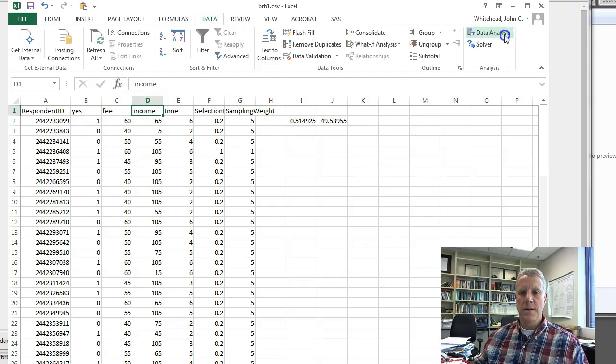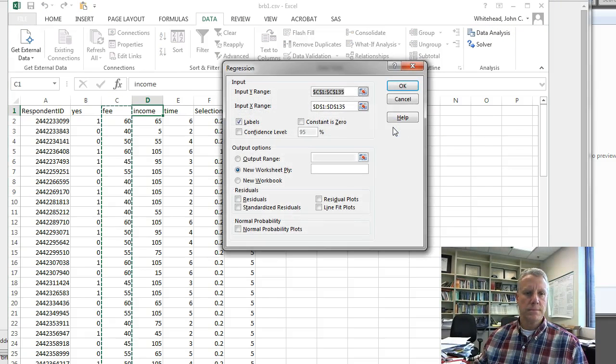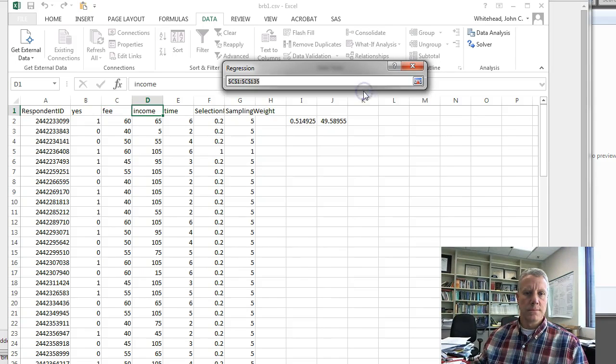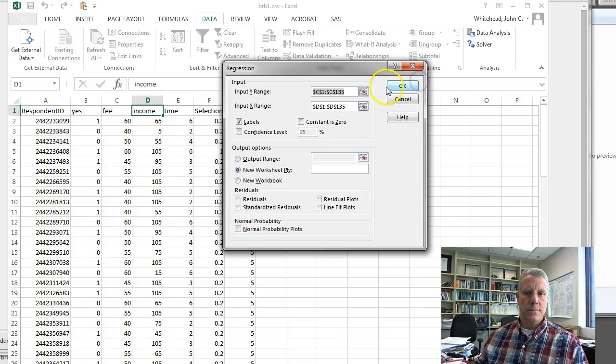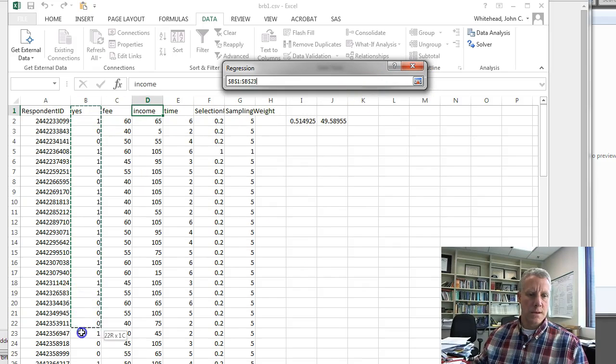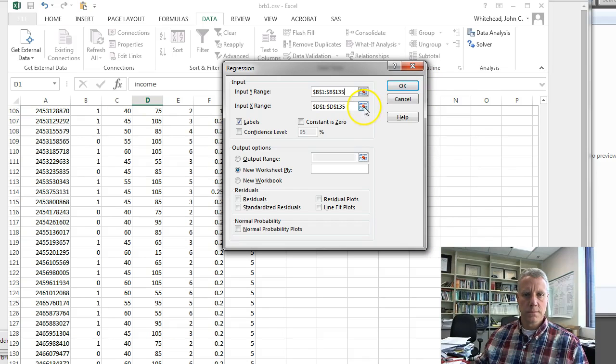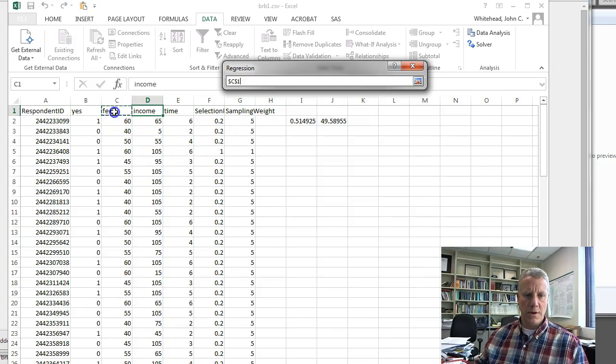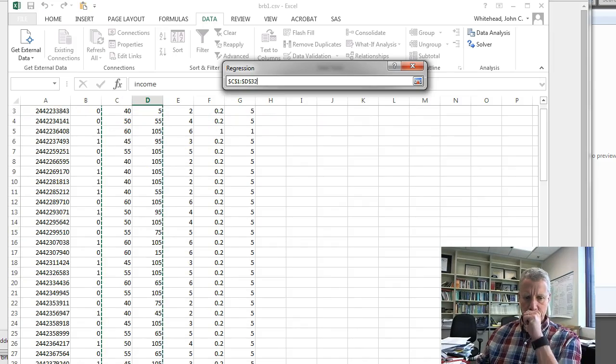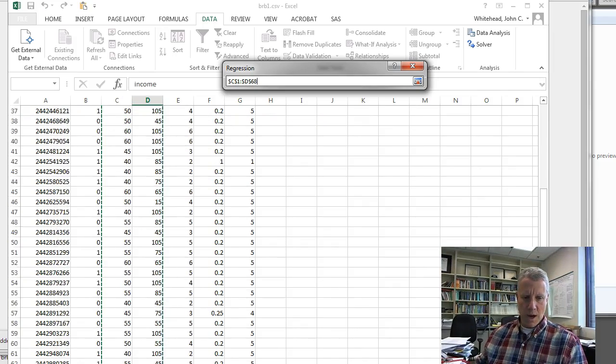Click on data, data analysis, regression. And my dependent variable is yes. My independent variables are fee and income. So I highlight both of those columns,